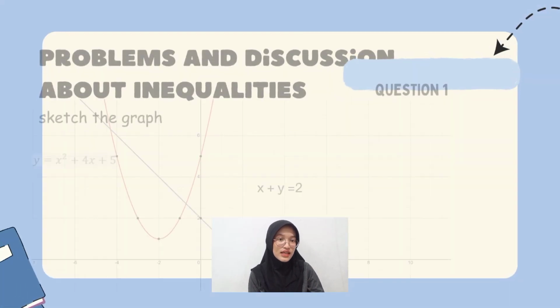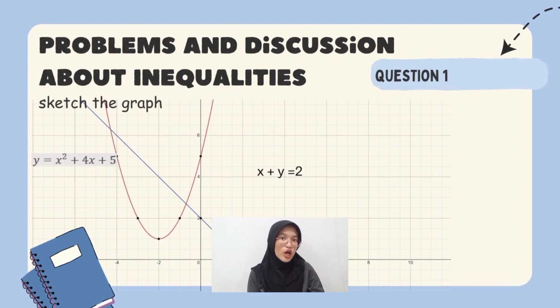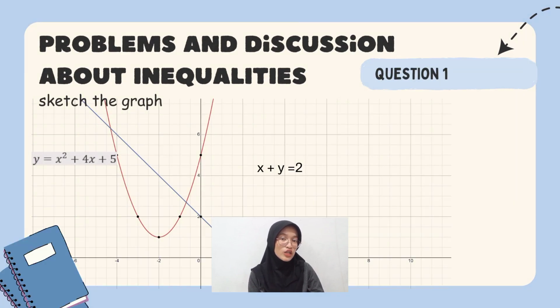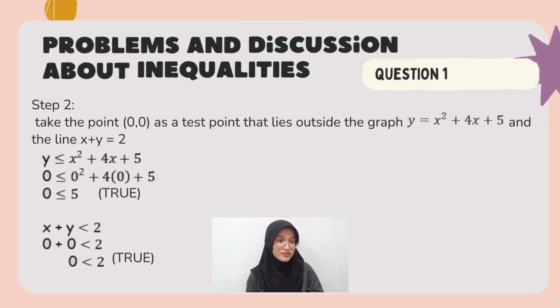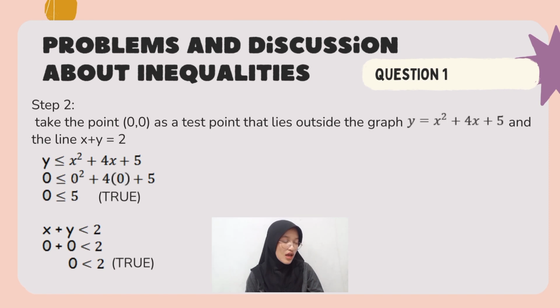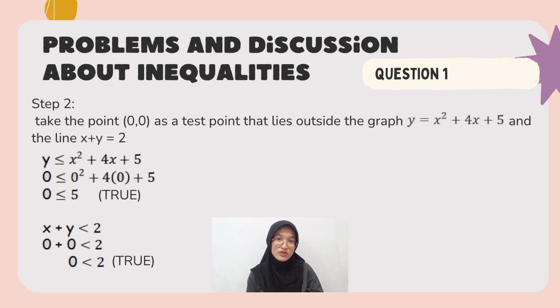Next, in the slide, as you can see on the video, sketch the graph and the lines. The graph y equals x squared plus 4x plus 5 and the line x plus y equals 2. After that, step 2, take